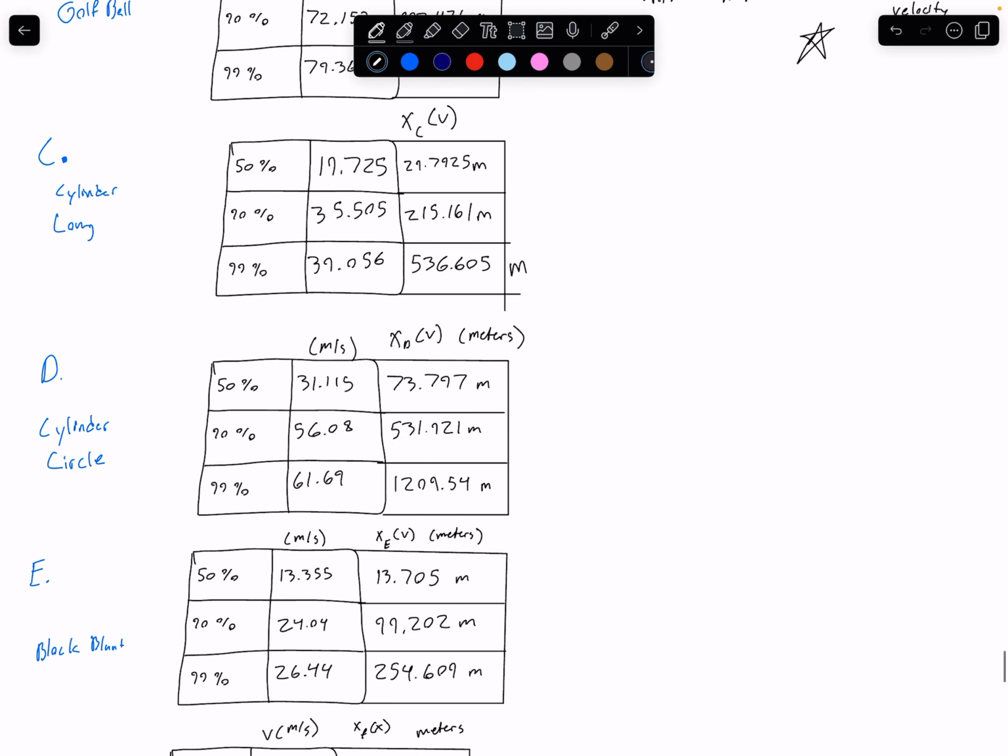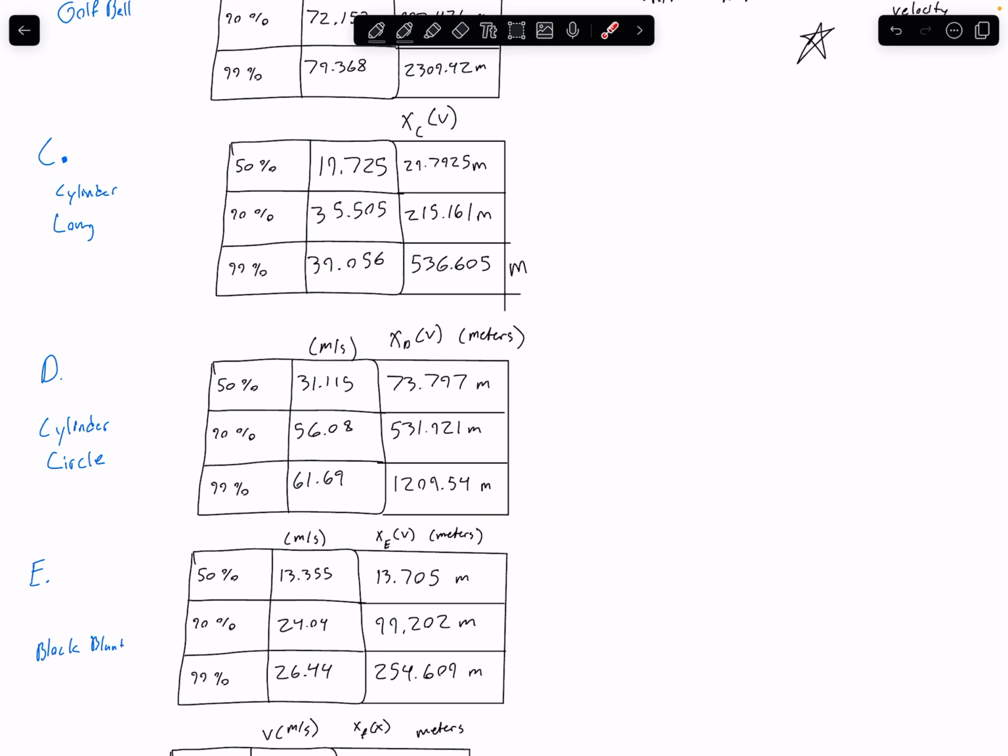And for the cylinder circle, where it's falling again perfectly like that, meaning that the force of drag doesn't change on it and such, to reach 50%, it takes 73.797 meters. 90% of its terminal velocity takes 531.921 meters. And to reach 99%, it takes